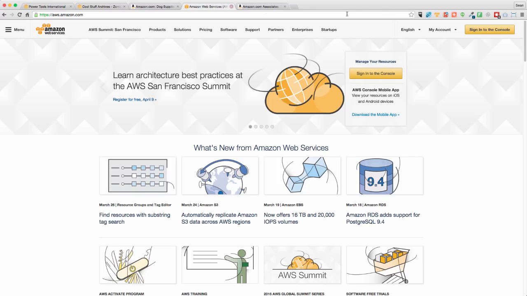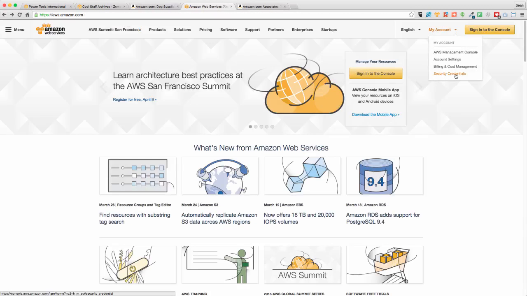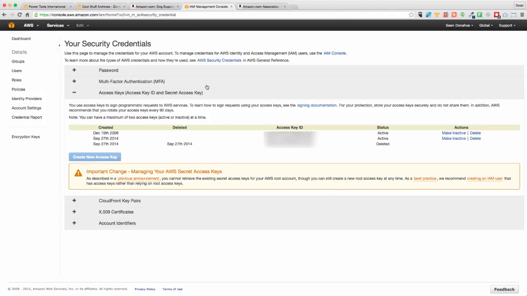Then you can sign up here, and for example, you just click on My Account, and the sign up is right on there. I'm going to go to Security Credentials, or it'll say sign in to your console, and they'll say, okay, create or sign in to a new account. I've already got one. So you click Security Credentials, and it'll ask you to log in with your account. I'm going to log in. Under Security Credentials, you have to expand the part that says Access Keys, and you have to create a new key. Now, you get a key and a secret key.